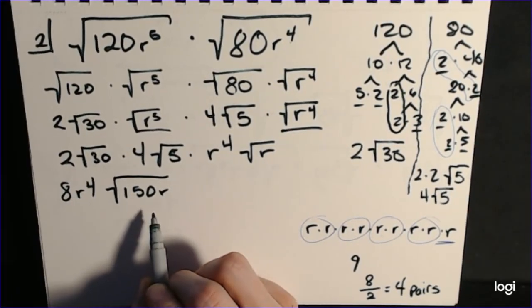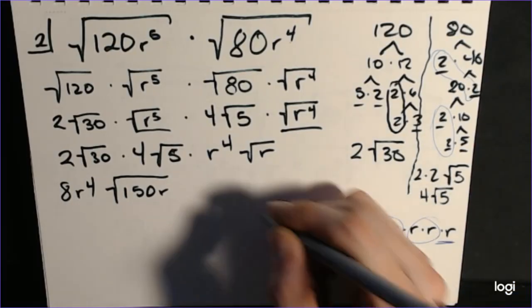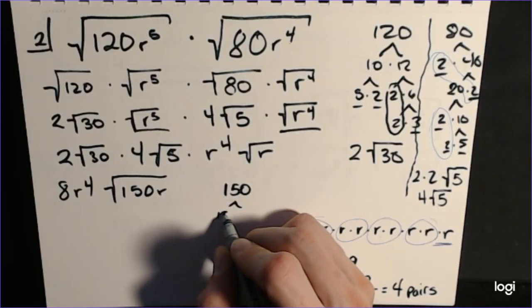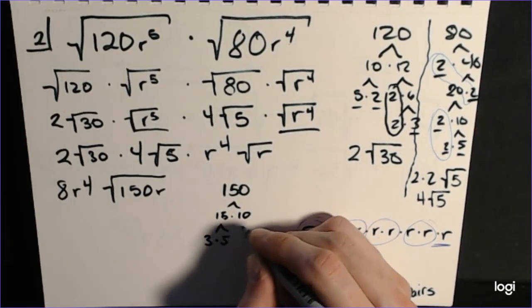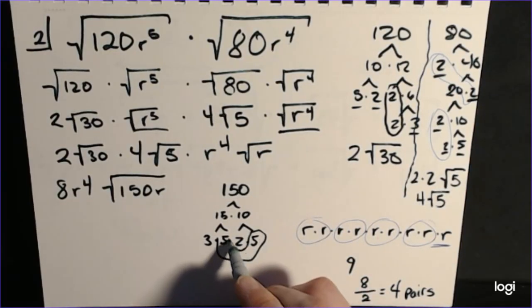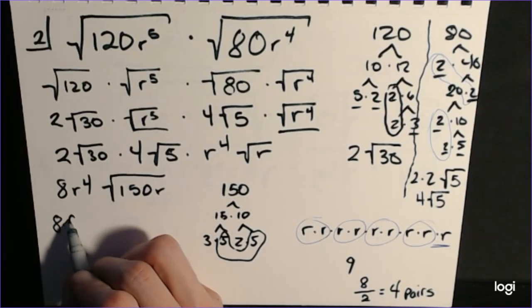Now 150, we do need to check to see if we can simplify. So 150 is 15 times 10, which is 3 times 5. 10 breaks into 2 times 5. We do have a pair of 5s. Okay, so we can now remove a 5. So we get 8 times 5